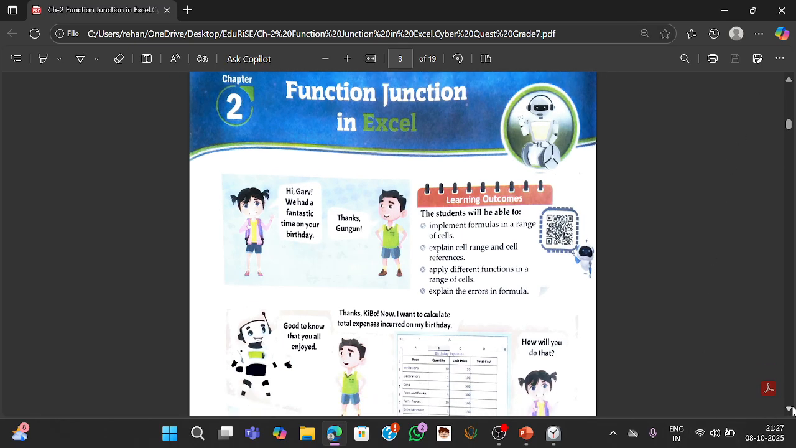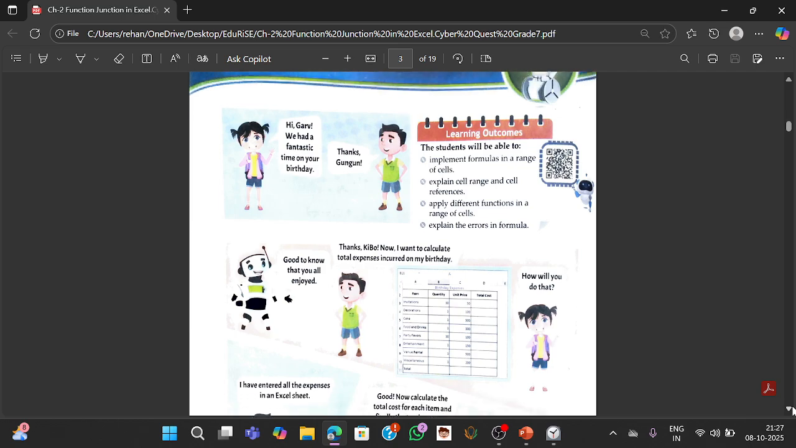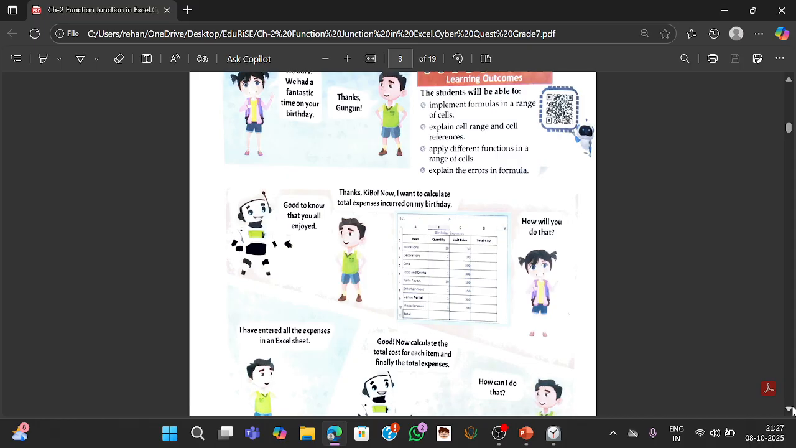The chapter starts with a small conversation between Gungun, Gaurav, and Robot. They are discussing a birthday celebration. Gungun is telling Gaurav that the birthday party he gave was fantastic and she enjoyed the time during the party. Gungun was excited, and Gaurav just wanted to calculate the total expenses incurred on his